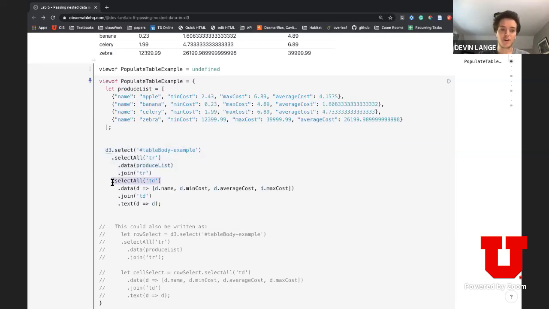But after this, we have this nested selectAll. Your first selectAll is getting a list of table row elements. Now for each one of those, you're going to get a selection within that. So it's almost like a list of selections, or a selection of selections, or a nested selection. And for each one of those, we're going to make a call to this data element. When you call selectAll, the data is maintained, but remember that